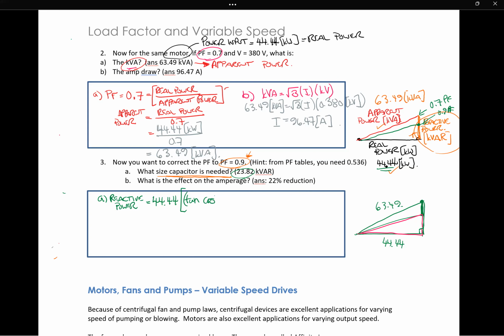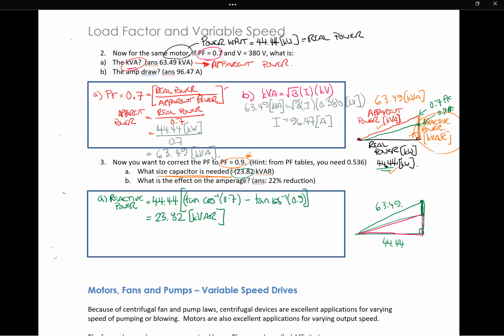It's just two right angle triangles. You can take some extra steps and figure that out on your own with the two triangles. You would end up with 23.82